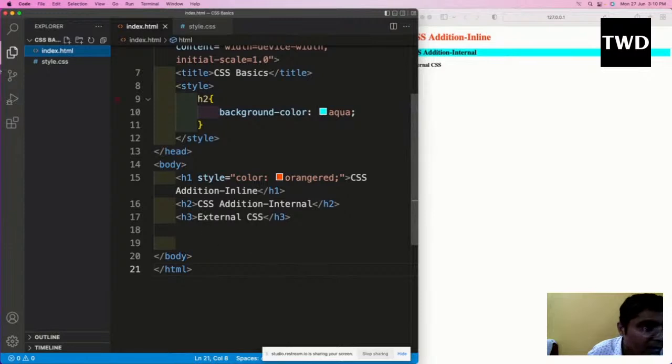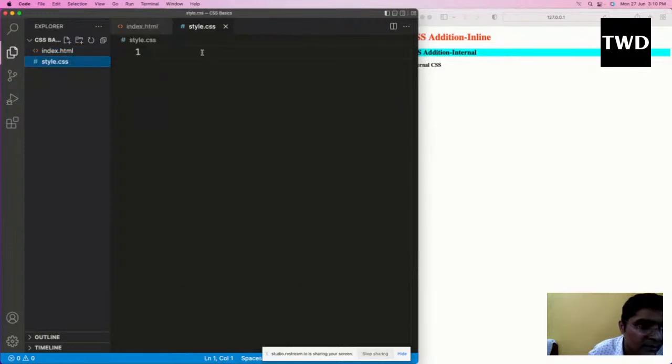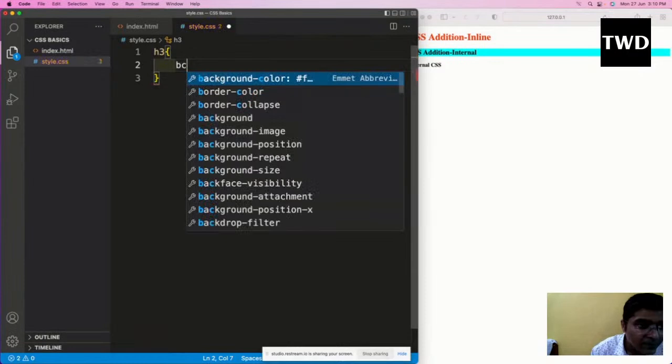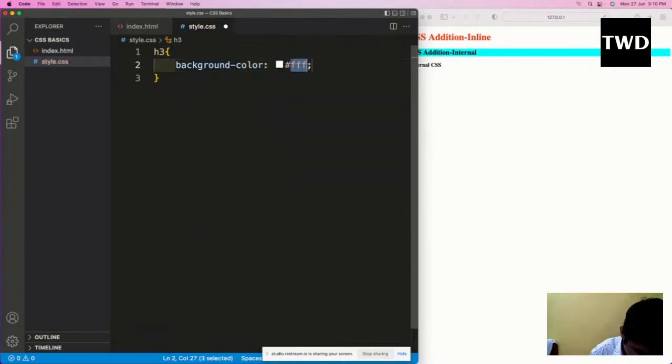So we will be targeting H3, and again we will use the background color in the form of hash double F double A double zero. So saved it,